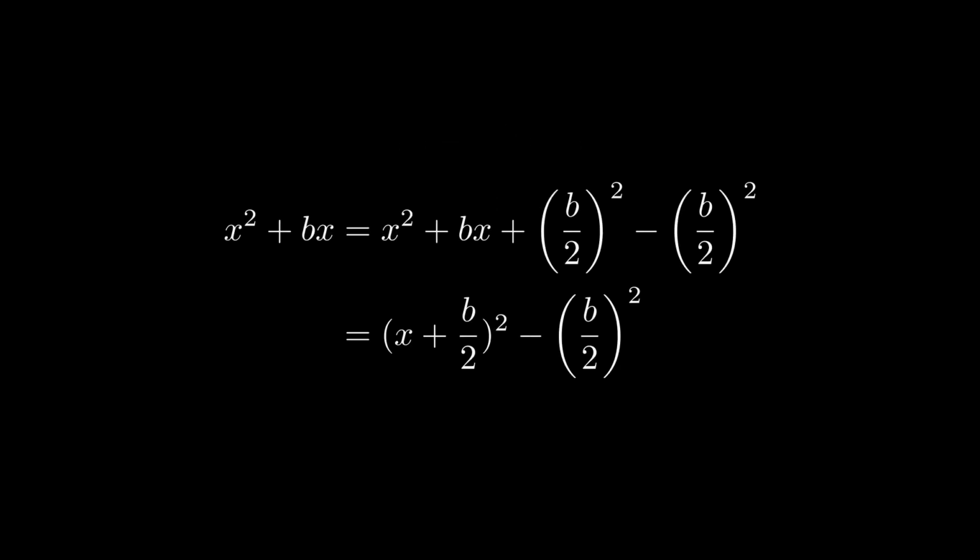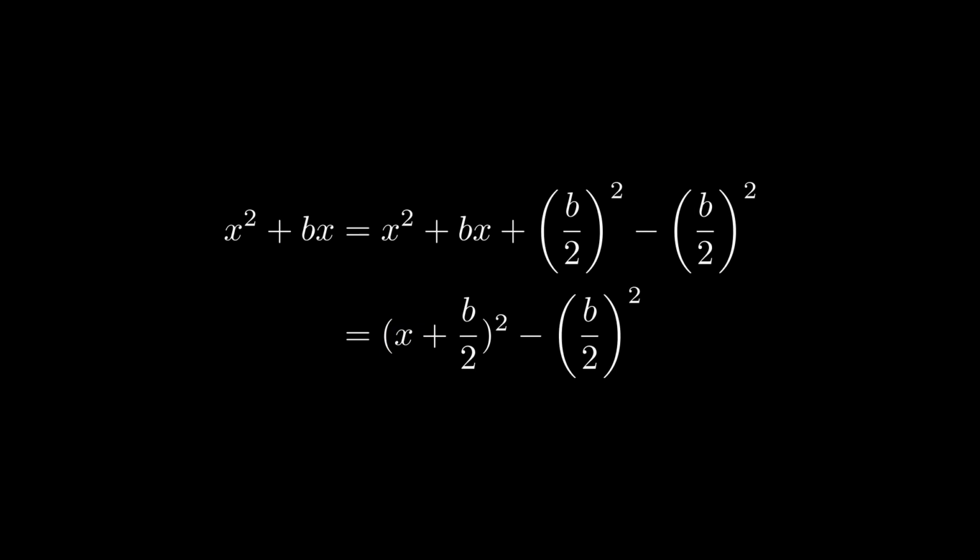There are two techniques we will go through today. The first method is called completing the square. The trick of this technique is to make x appear only once in the equation. On the left hand side, we have x squared plus bx, where x exists in two terms, but we can manipulate it in such a way so that x only appears once on the right hand side.